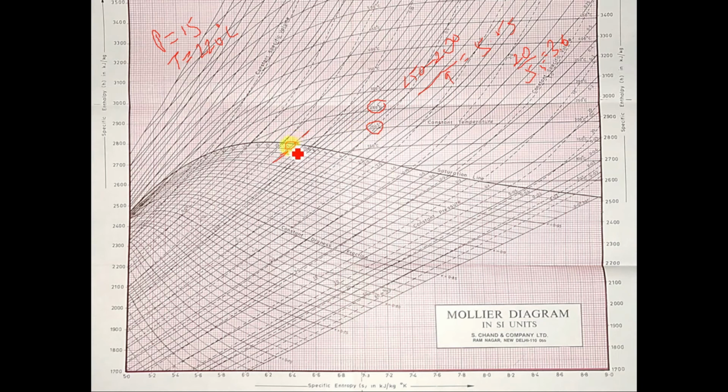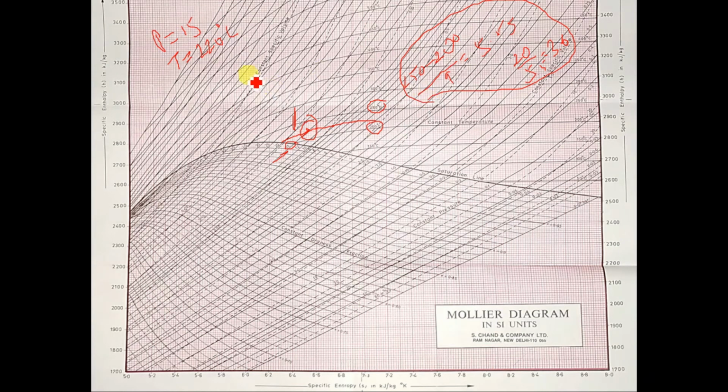So this is my pressure 15 bar. I can mark the point at this place. I can draw a parallel curve to this line, which should intersect our pressure line. So this is our intersection. You can mark the point here. This is my state 1. In such a way, we have to go for a small calculation to find out the intersection point.